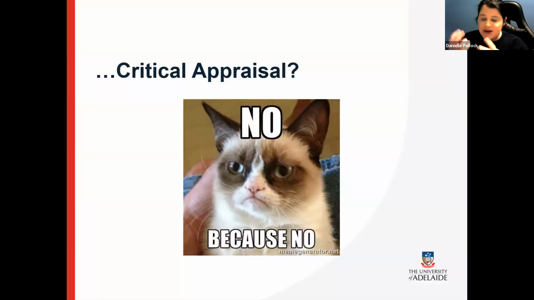Now, that's not saying that we haven't seen scoping reviews where they just said we want to see what is the available evidence out there, and we want to see the quality of the available evidence. We're not going to use those findings to change clinical practice. But for the majority of scoping reviews, there is absolutely no need to do any form of critical appraisal.